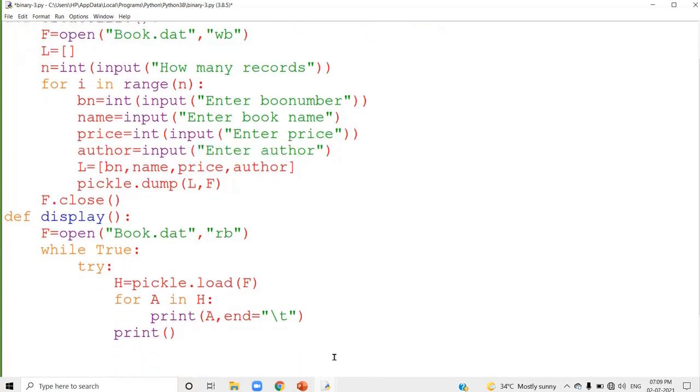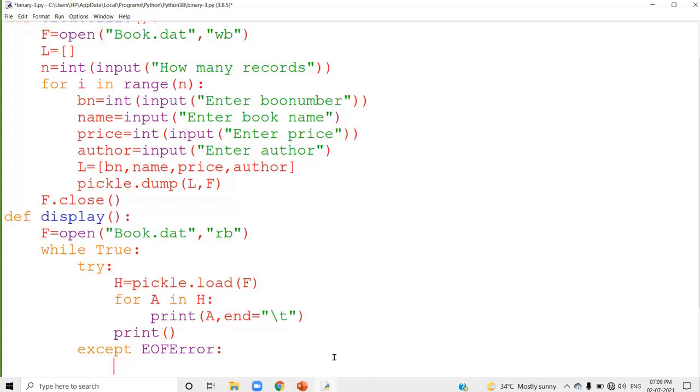Yes, here I am going to use the except block. In except, you can use the error name here, EOFError. So that means if you reach the end of the file, the loop will be repeated. First it will read the first record. Again you are inside the while loop, so automatically it will read the second record.